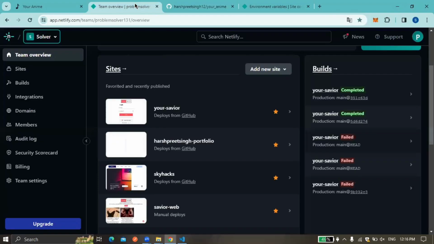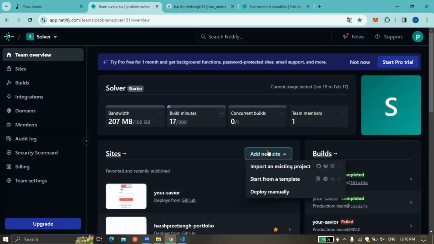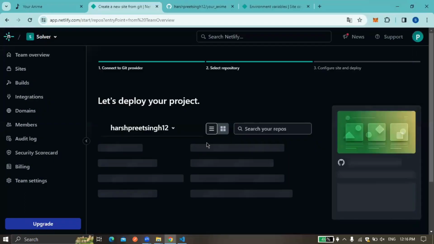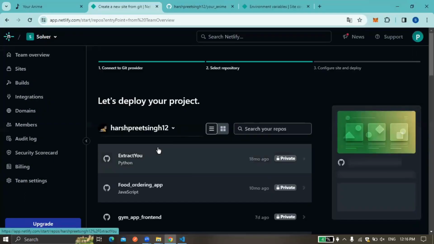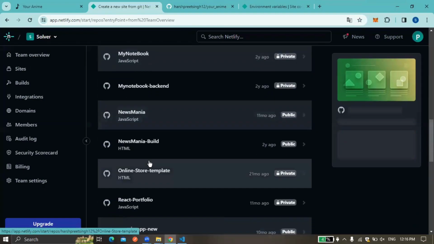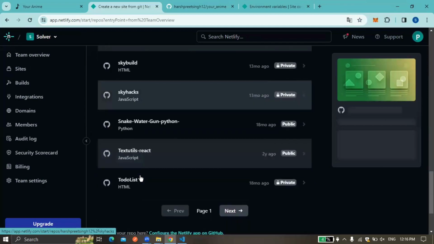Then we need to go to Netlify. You need to select add new site, then import an existing project. We are using GitHub for this, so select the GitHub option, and I am authorized, as you can see. All my repositories are listed here. So my repo, which I just created,